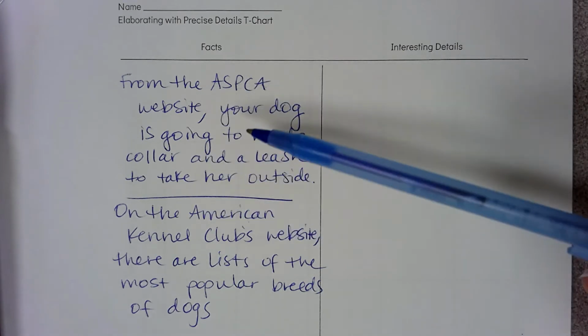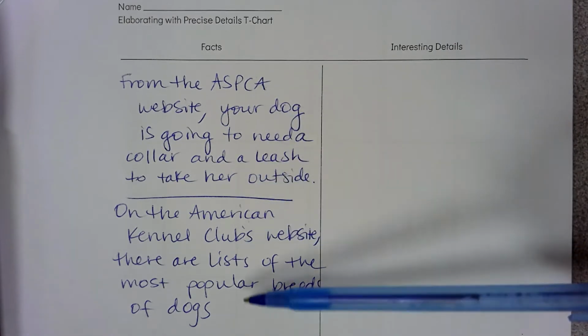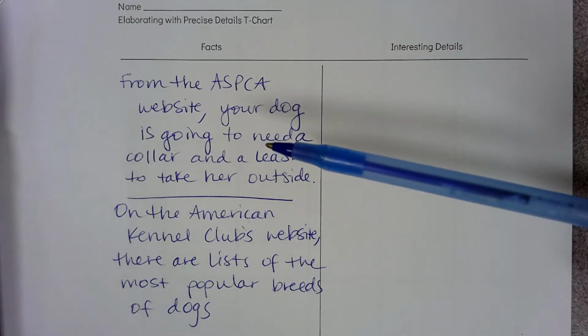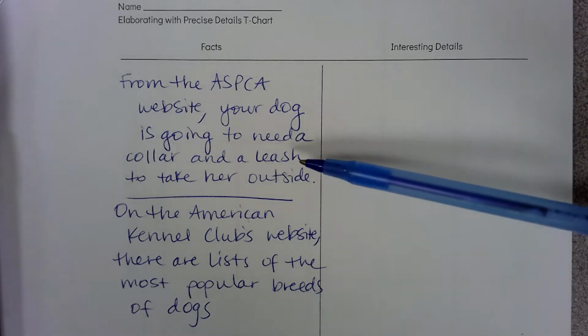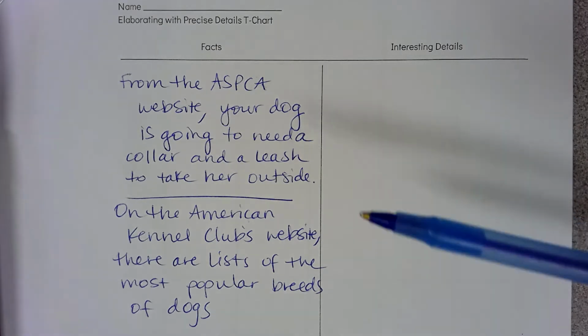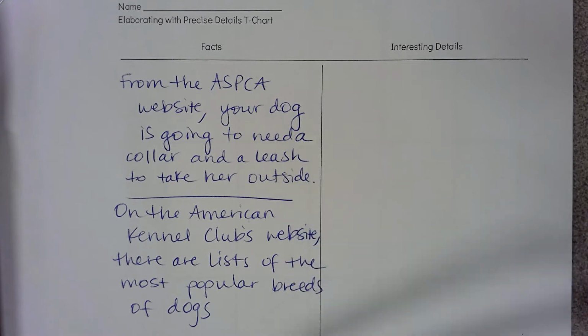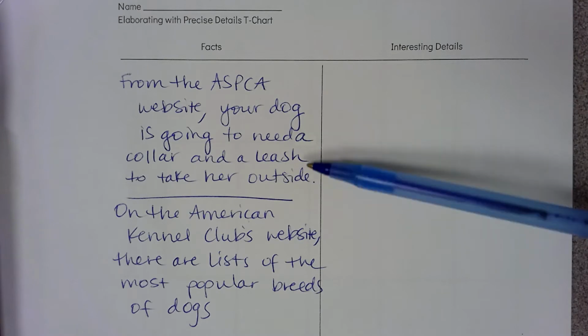However, now that I have an idea of how I'm going to include it in my paper, because this is what I actually wrote, I'm noticing that it's pretty blah, pretty boring. It's not necessarily interesting for the reader, because they're going to go, all right, cool, from the ASPCA website, your dog's going to need a collar, a leash, take her outside. So what? So let's work on ways that we can add some detail or description to make this a little more exciting. Now, from the ASPCA website, your dog is going to need a collar and a leash to take her outside. I'm thinking one way I could add some more interesting detail to this is by saying,